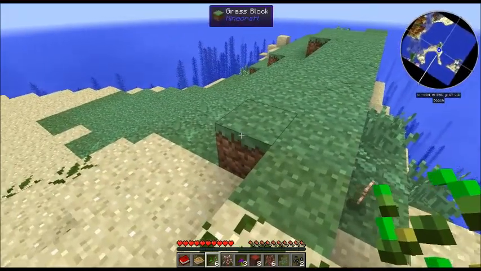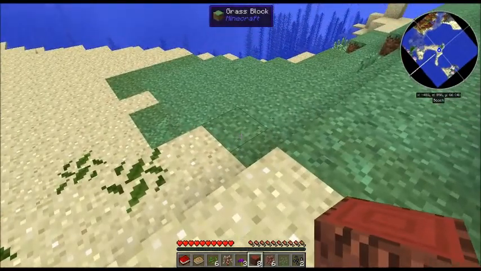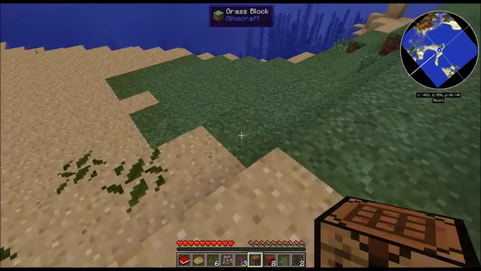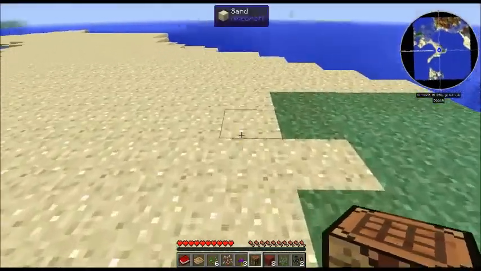So the first thing that we need to do before we start with anything is we need to make a crafting table. Okay, and that's quite easy. You can just see how they're done there. And the second bit that you need to do is you need to make a chest. Okay, because if you don't have a chest, let's start over here,